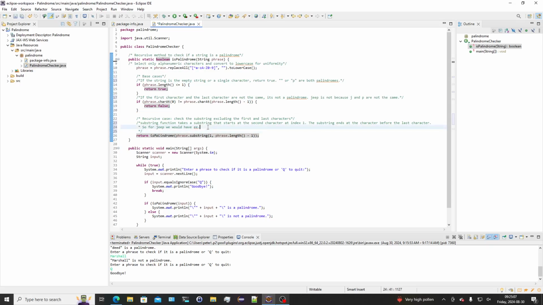Now for the recursive case, this is important. We're going to call the function again, and we're going to make the string smaller. We take a substring starting from the second character to the second to last character. The substring function starts at the second character, index 1. The second character does not start at index 2. The substring ends at the character before the last character, and the last character has an index of phrase.length - 1